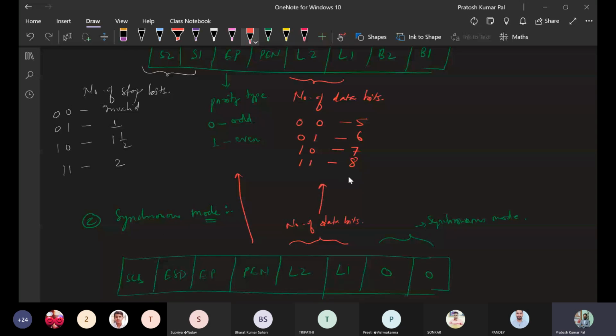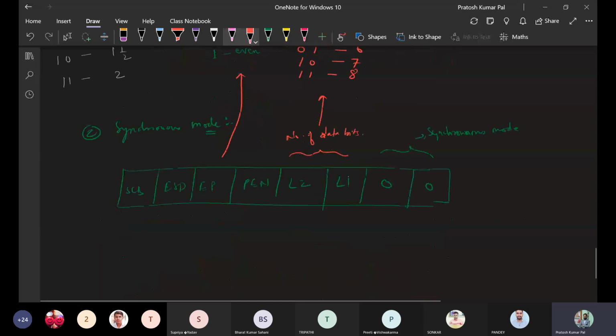This is your parity type, and whether parity is enabled or not will be governed by this parity enable.